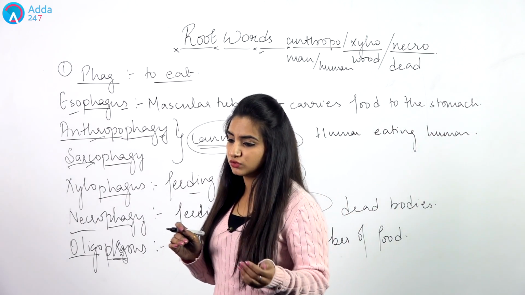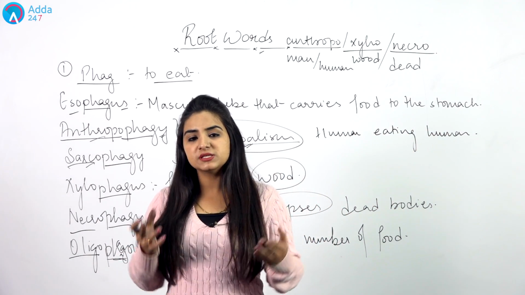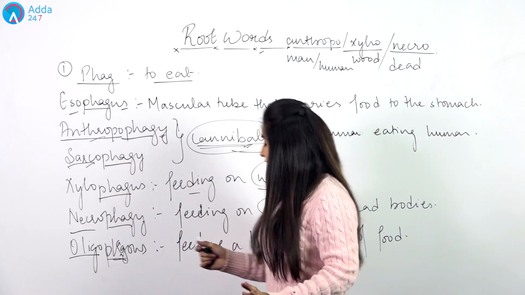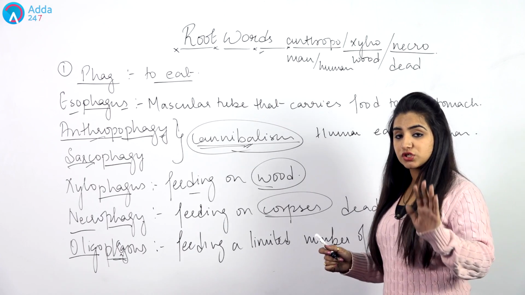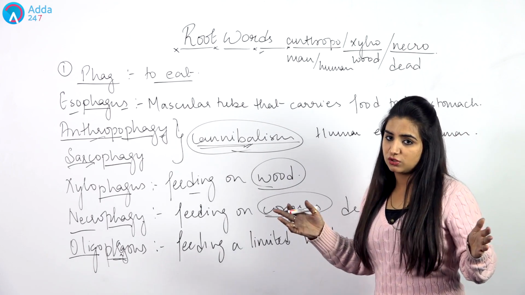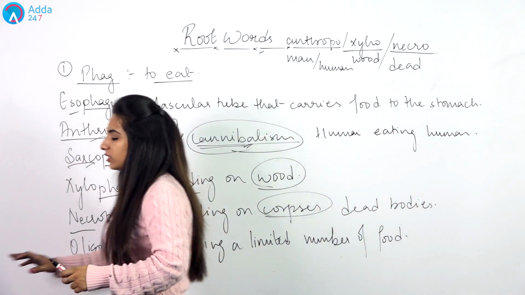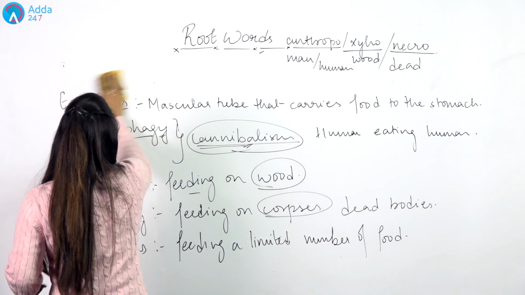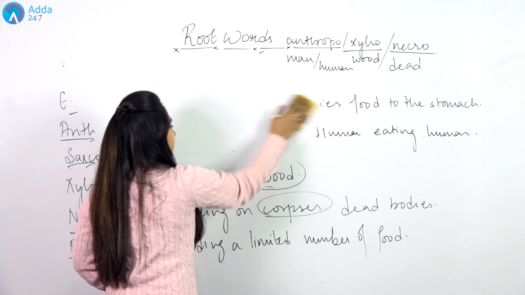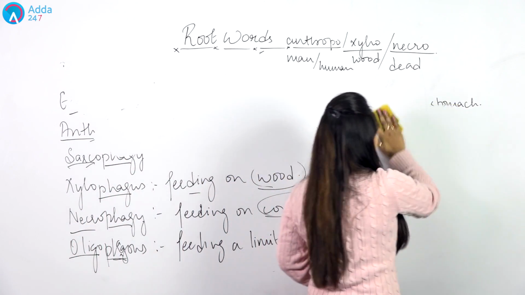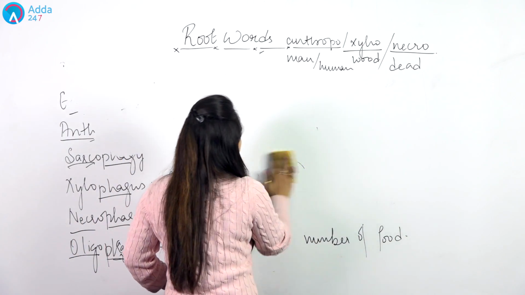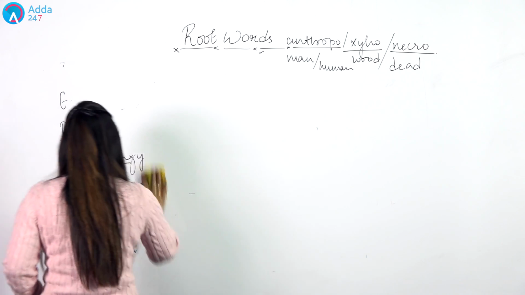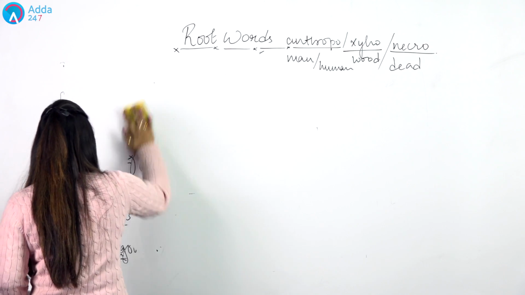For example, if you refer to Chinese cuisine, what happens? Suppose you have 5 dishes. Those 5 dishes are fixed. You'll have a limited number, those 5 dishes only, but then the amount of the food can increase or decrease. So, phag is a word that defines consumption, eating something, and it is always related to anything and everything that is related to food. So, whatever word you join, this will change according to it, obviously.